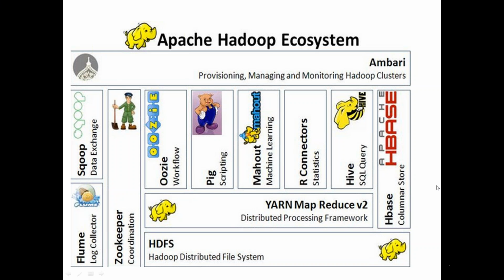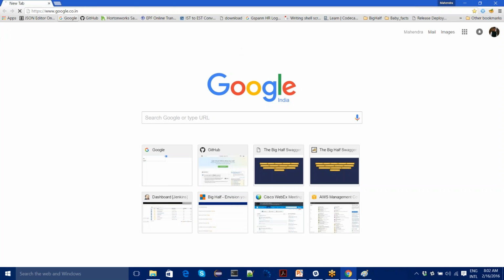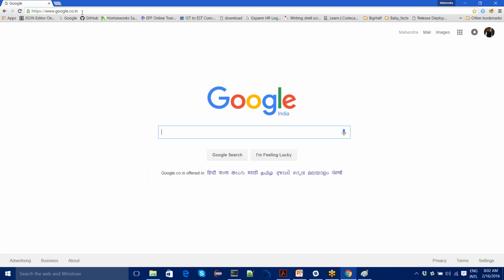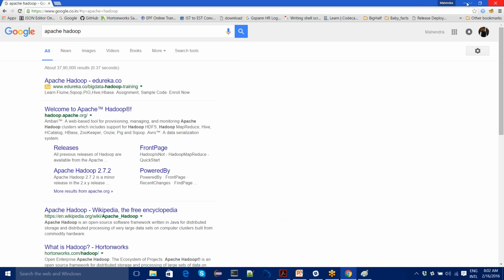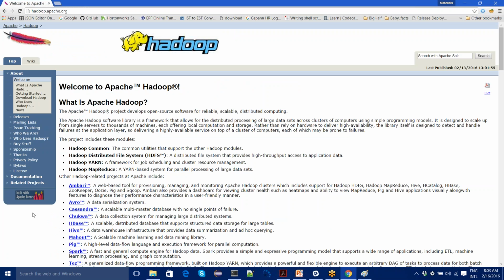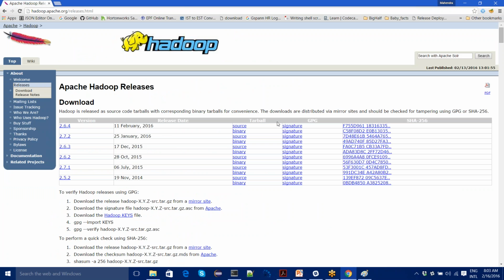Whenever you want to see the Apache Hadoop site, this is the open source Apache Hadoop distribution. You can find it across. And if you want to download it, you will get all the source code also.